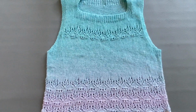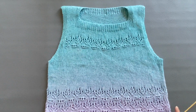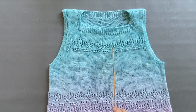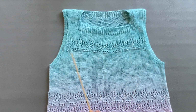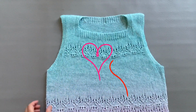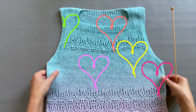Okay, so what I want to say is that there is going to be one more video of this pattern that is knitted back and forth, because the stitches are done differently. I mean, look at this blouse. I love it, love it, love it, love it. Okay, and I hope